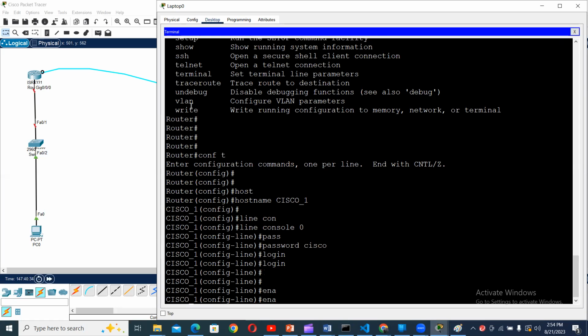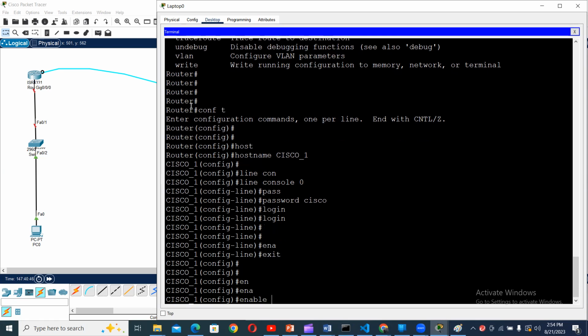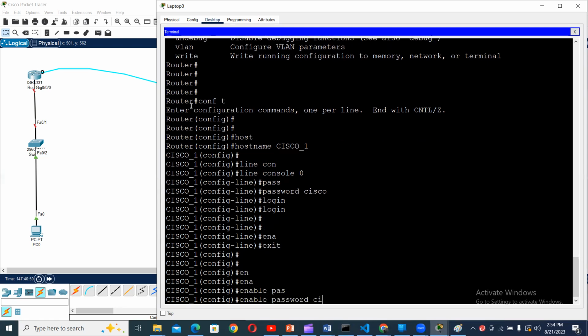Enable, and sorry, let's go to the global configurations so that the changes can be effective for the entire device. Enable password Cisco1,